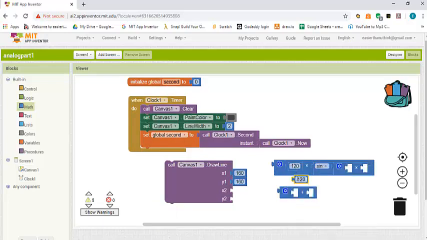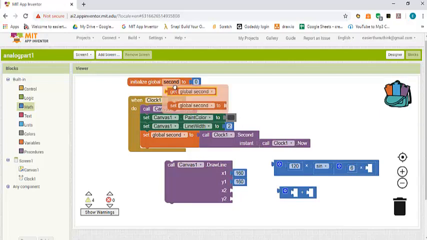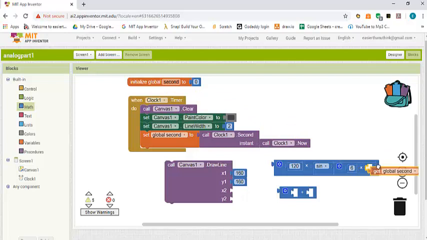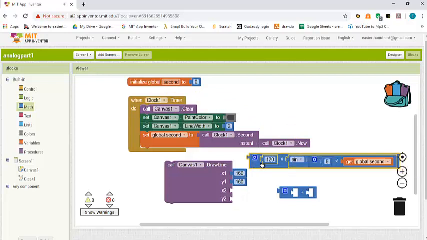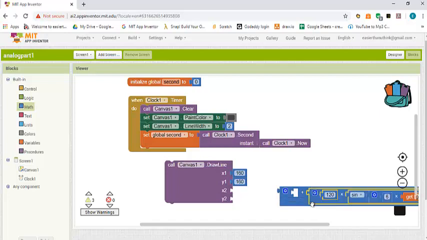So duplicate 120. So it becomes 6. And then I need the value of the second. So I get second here. So this becomes 120 times sine of 6 times second, and I have to add